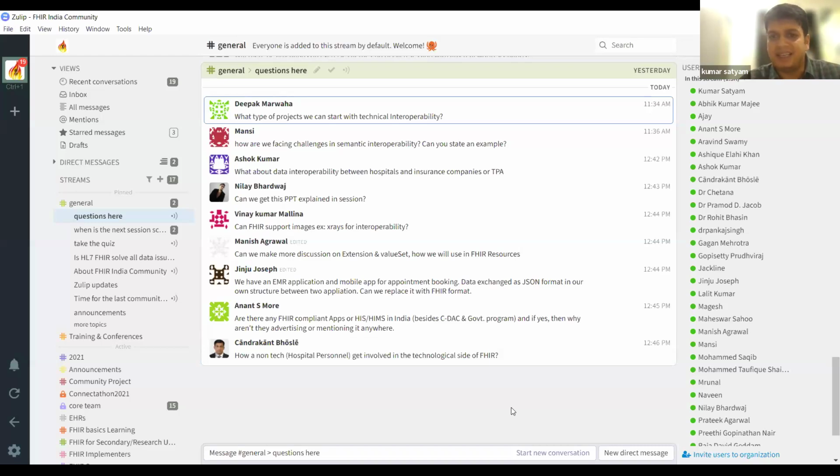Data exchange as JSON format in our own structure between two applications. Can we replace it with FHIR format? Definitely, we can. You can replace it with FHIR format. So whenever you are choosing an interoperability paradigm,